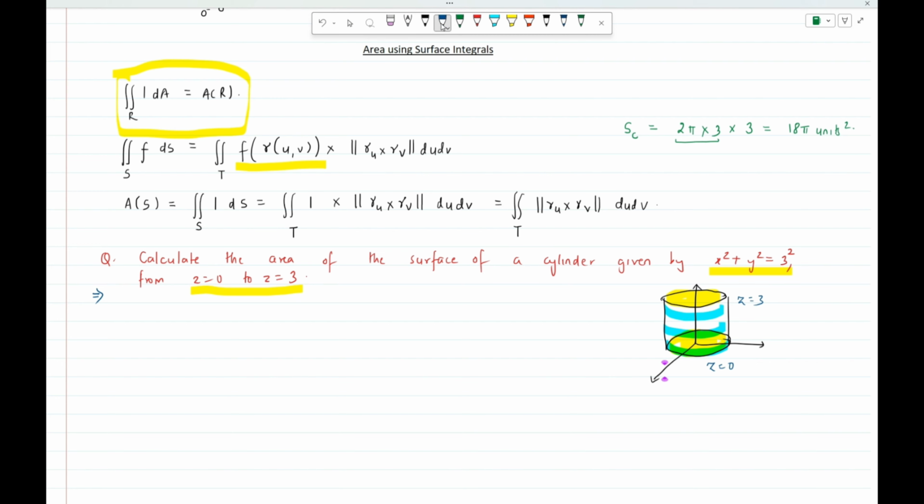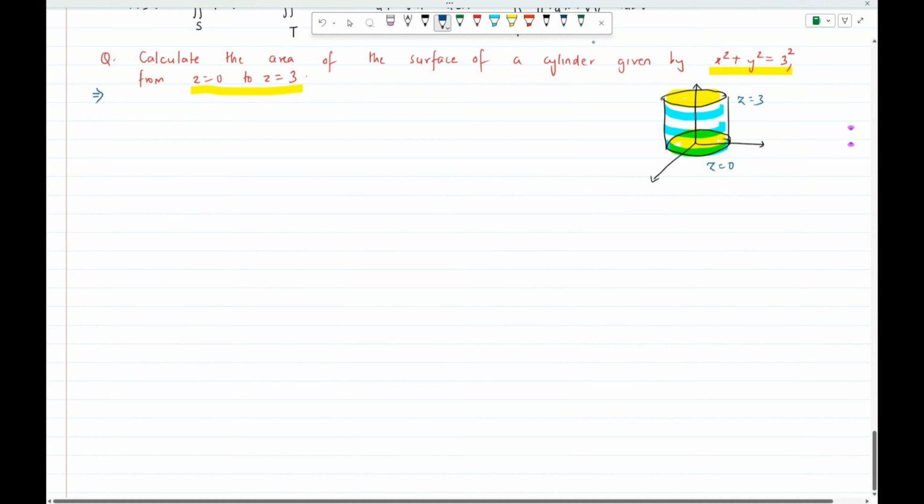So we already have an answer. Let's quickly give it a check and use the formula of surface integrals to verify. To begin with the solution, we have to parameterize the surface S. So first of all, let S be the surface